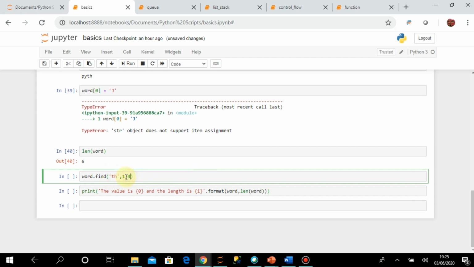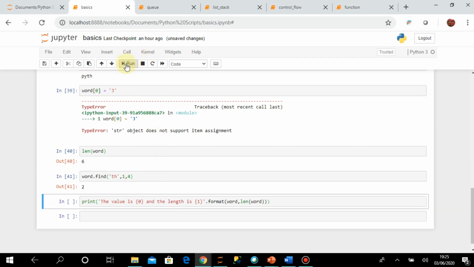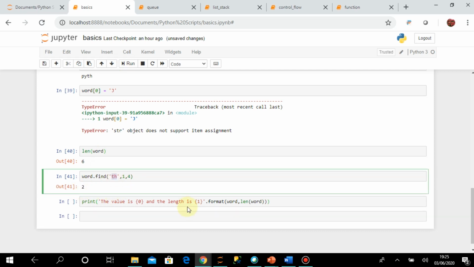So I can mention that the search should be done within these positions only. If you execute, you can see that 2 is the starting index position of this word part, PYT, so it was the second position. So that is the find function.